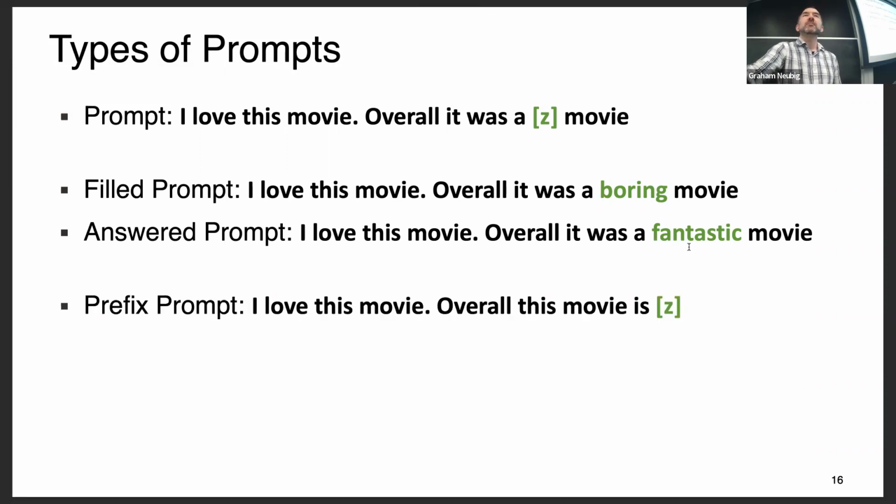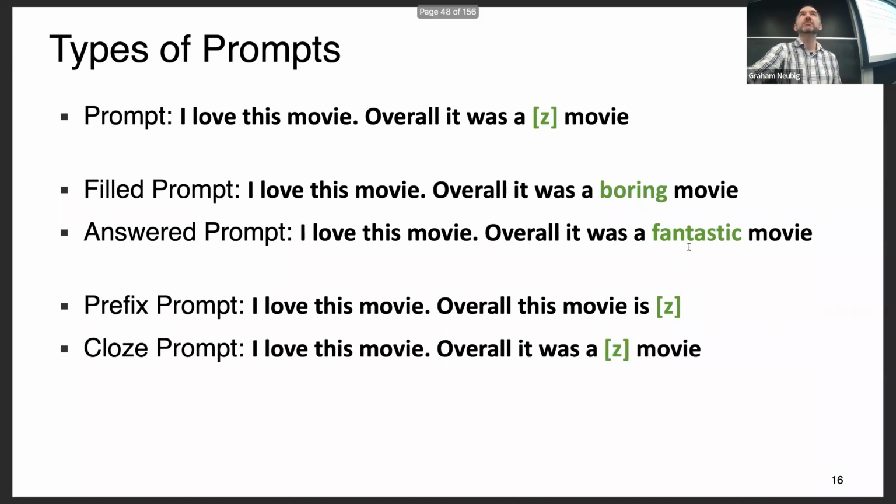And then we also have another couple types of distinctions of prompts. So we have a prefix prompt or a closed prompt. A prefix prompt is essentially a prompt where you fill in the prefix and then you ask the model to fill in anything after that prefix. And what we're calling a closed prompt is essentially a prompt where you can have words on either side of Z here. And either one is more appropriate for different types of models.